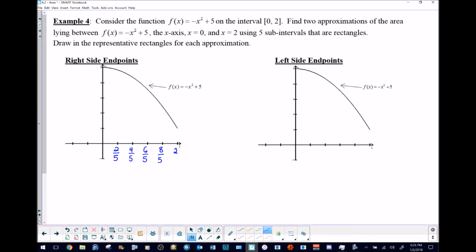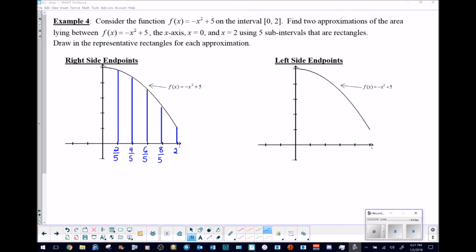Now the next thing that I want to do is partition this shape by drawing some vertical strips from these values up to the curve. I want to pause the video for just a moment so that I can do that a little bit quicker. Okay, now that I've done that,